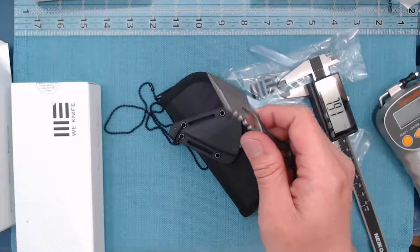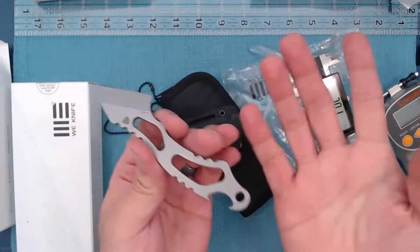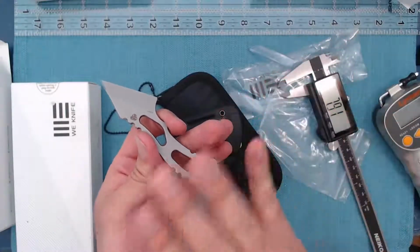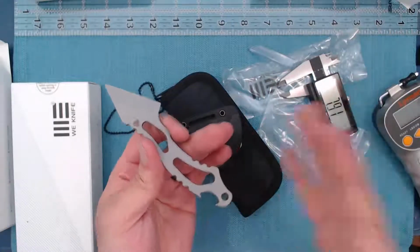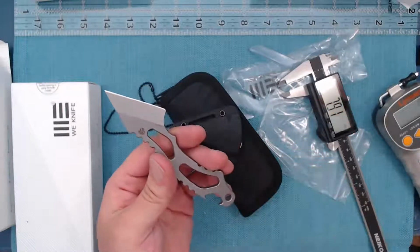Like the pry bar that JB gifted at one point. That is actually my EDC. That's probably the knife that I carry the most, because I have the other one that rotates in my right pocket. Then my left pocket I have this slip from